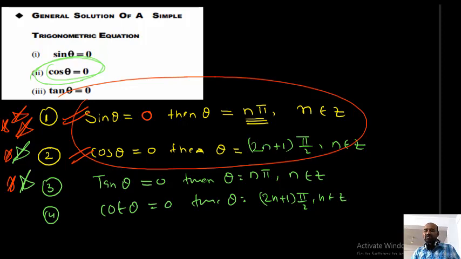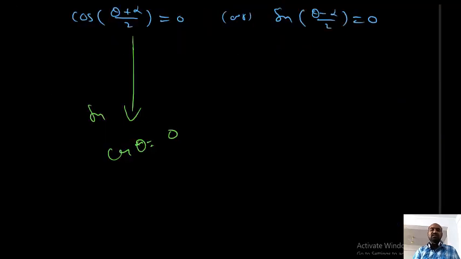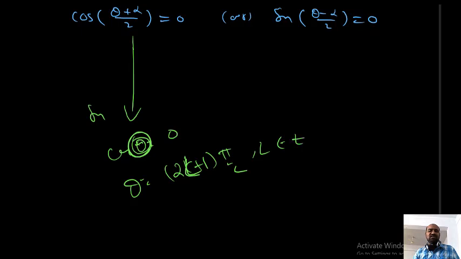Integer. So in an examination, instead of n I can write k also, or 2p plus 1 where p belongs to Z also, no problem. Instead of n I can write p or k or m or l, whatever it may be. We should mention what it is. So what is p here? Integer, like that. Okay. So listen students, this is in the form of cos theta equal to 0. What is theta? Your theta should be (2k plus 1) into pi by 2 or (2l plus 1) into pi by 2, where l belongs to integers. Okay, that I will write now here.